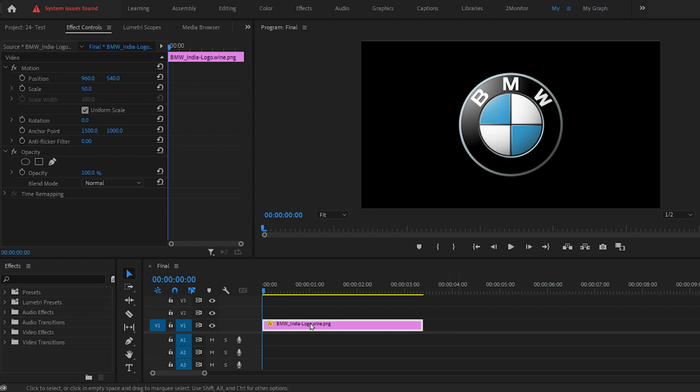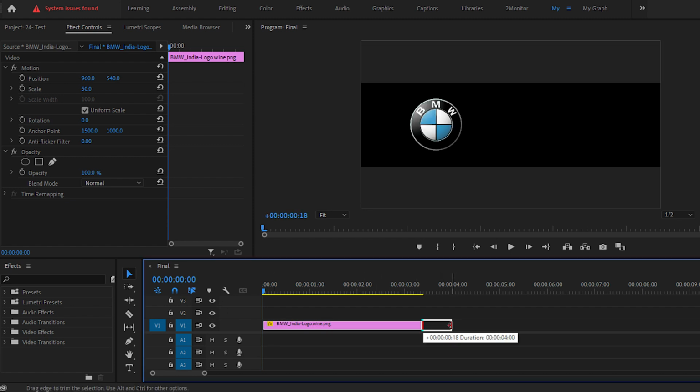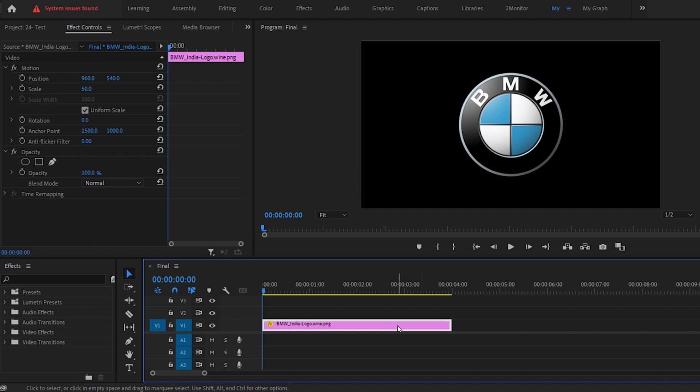First, add your transparent background object to your timeline. Then set the duration of your object to about 4 seconds or anything that you want. Make sure the time indicator is at the start of the layer, select the layer and go to Effect Controls